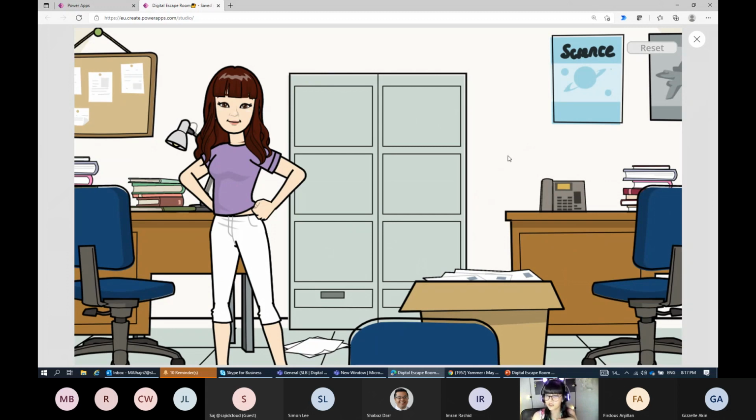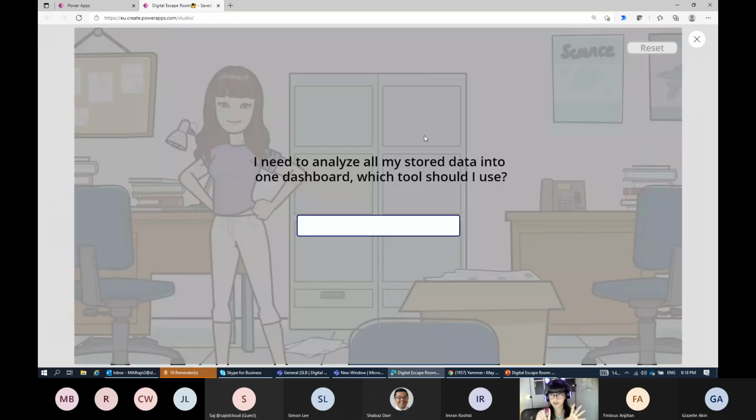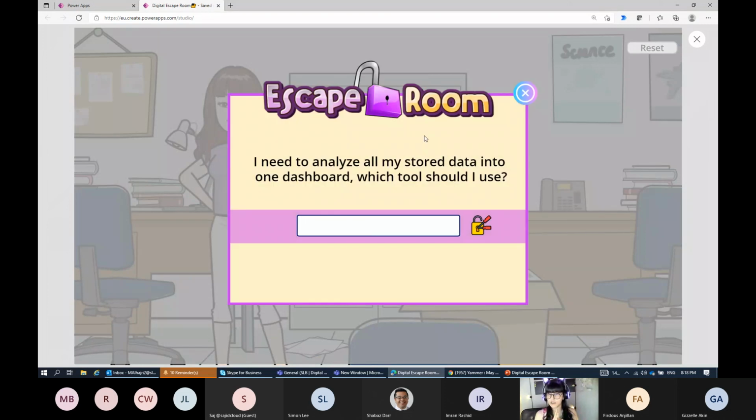So at the end, it depends how you want to explain or help your end user to solve the escape room. Within Power Apps, when you add a button and you hide it, by default, the mouse will change. For example, if I move my mouse from here to here, something changes. It means there is something here, a specific thing that I can solve. Once I click here, a pop-up message will appear, and it's the question. It's the lock that I need to unlock.